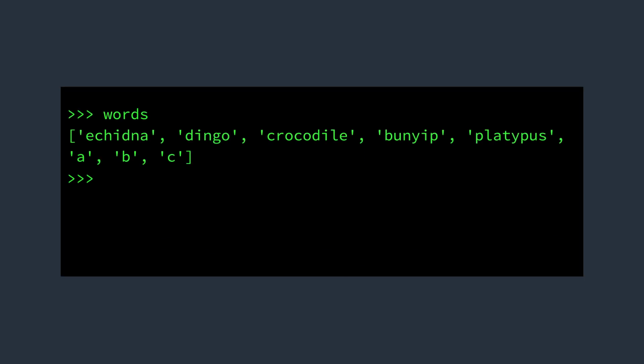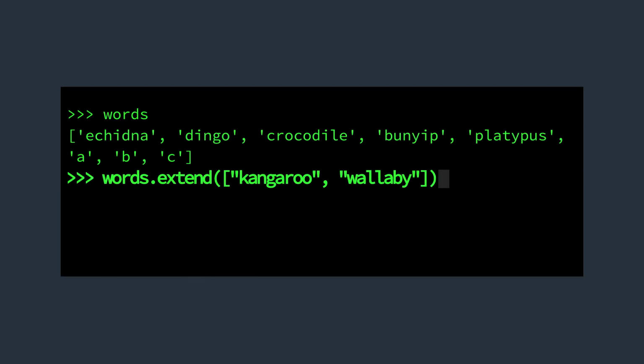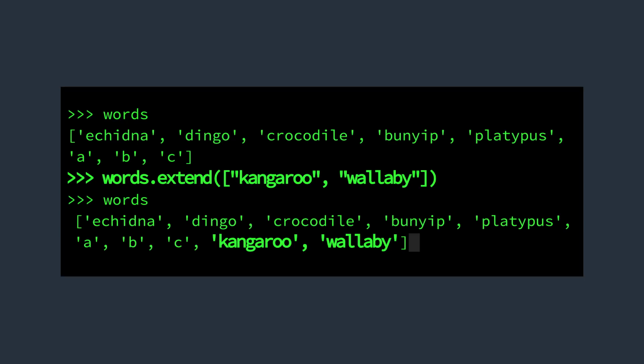But then you tried it again with a list consisting of 2 strings. When you extended the words list using the list kangaroo wallaby, those words were actually added to the end of the list. The purpose of the extend method is to modify a list by copying another list and inserting its items at the end. It does something kind of surprising if you give it a string instead of a list. It treats the string as if it were a list of individual characters. But the usual use of extend is with a list and another list, not a list and a string.